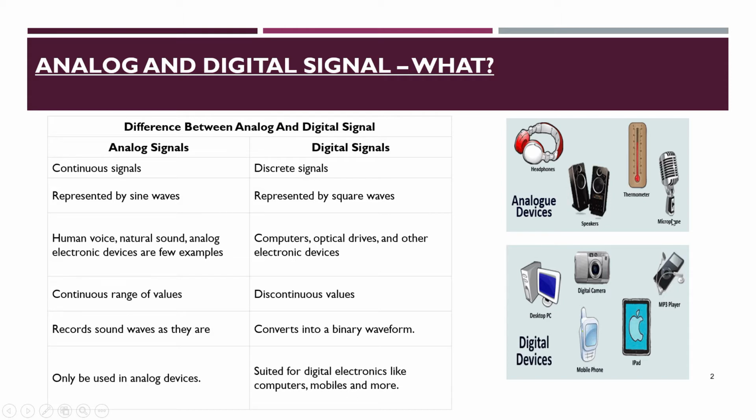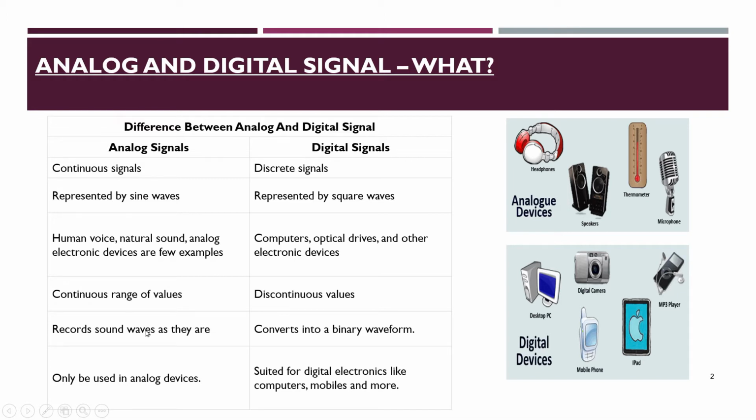For digital signals, in case of computers and any digital devices, we are not allowed to send the data through analog signals. Instead, we have to send the signal in the form of digital signals. In order to convert the analog signal to digital signal, we have devices like the ADC, analog to digital converter. The next difference is that analog signals take continuous values, but digital signals take discontinuous values, that means zeros and ones only.